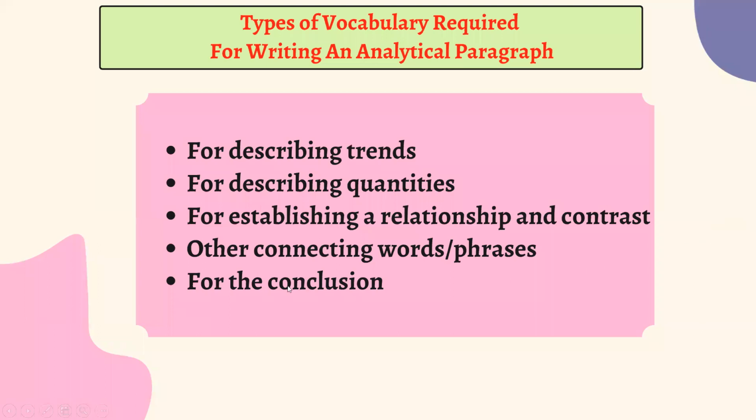Now tell them about various other vocabulary that has to be used to write an analytical paragraph. There has to be vocabulary for describing trends. There will be vocabulary for describing quantities, for describing a relationship and contrast. This we have told them, that the body of your paragraph, after the topic sentence, you have to talk about trends, you have to talk about relationship, you have to talk about contrast, comparison. Fine, you have to talk about conclusion, but how? That we have not told our students. Fine. So